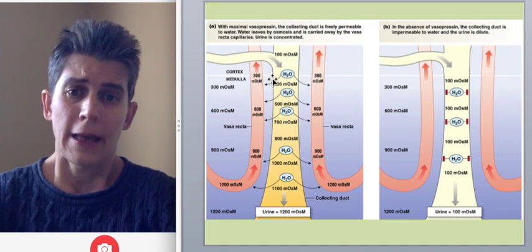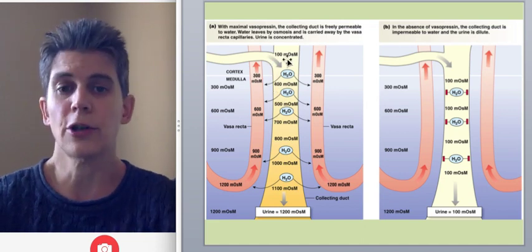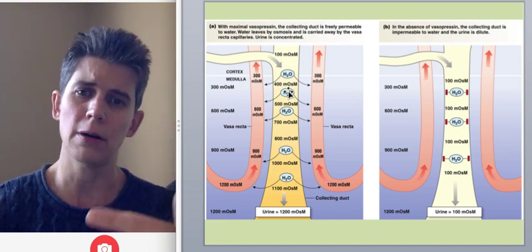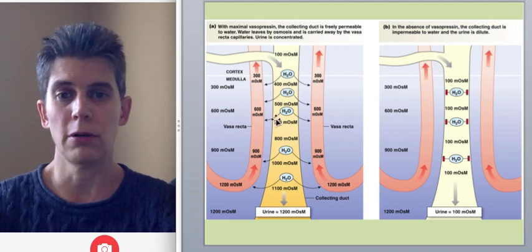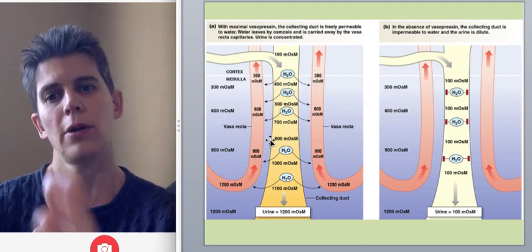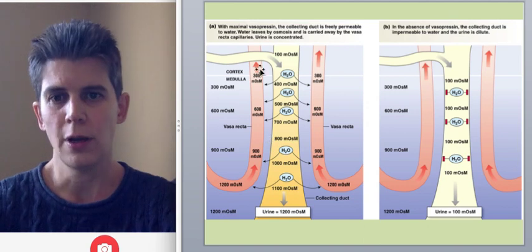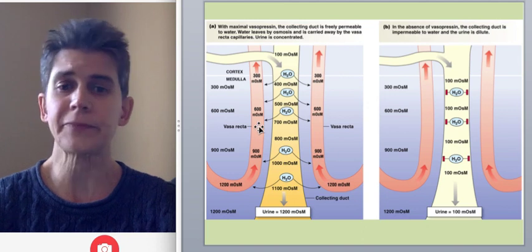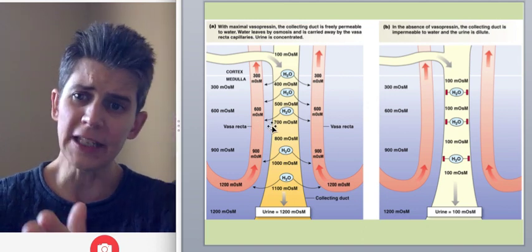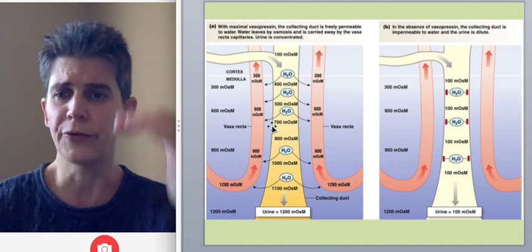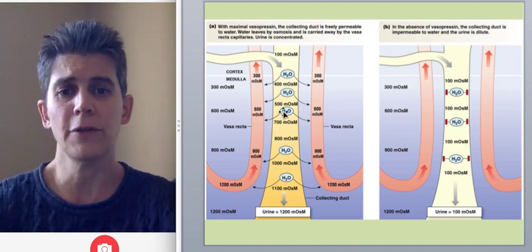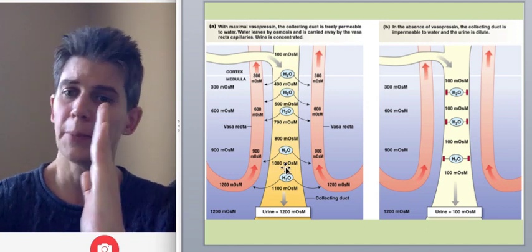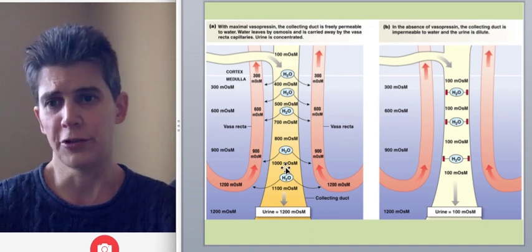Now, the aquaporins, of course, allow osmosis. So as the collecting duct dives down through the saltier and saltier part of the kidney, water will flow by osmosis out of the collecting duct and into that interstitial fluid, where it's then reabsorbed into these blood vessels. So as the fluid in the collecting duct moves down deeper into the medulla of the kidney, its fluid becomes more and more concentrated because water will keep leaving until it reaches equilibrium with the fluid in the interstitial fluid